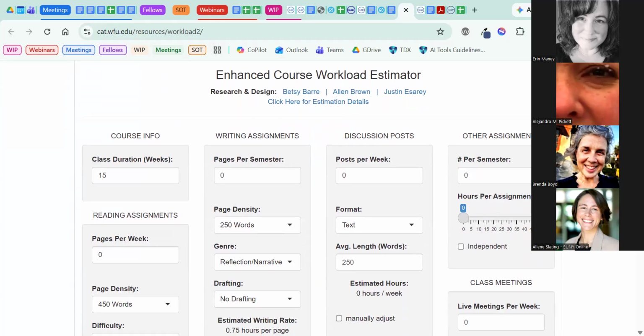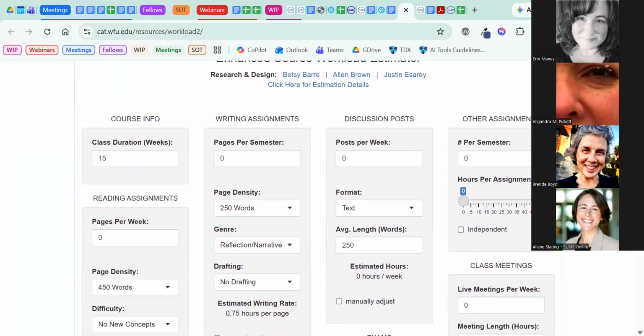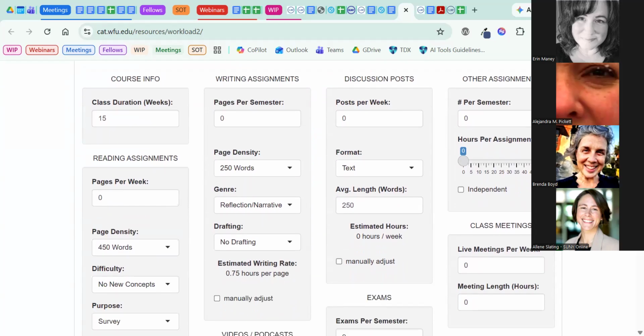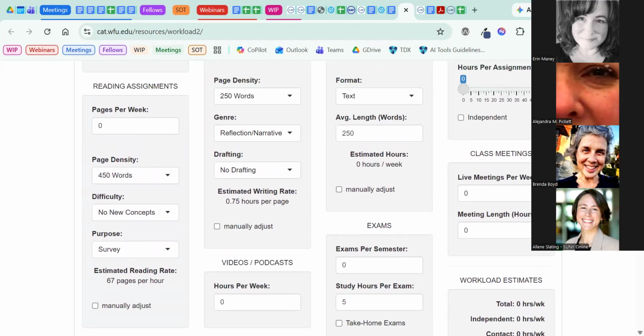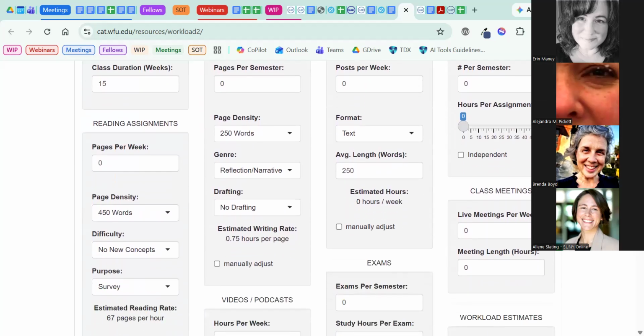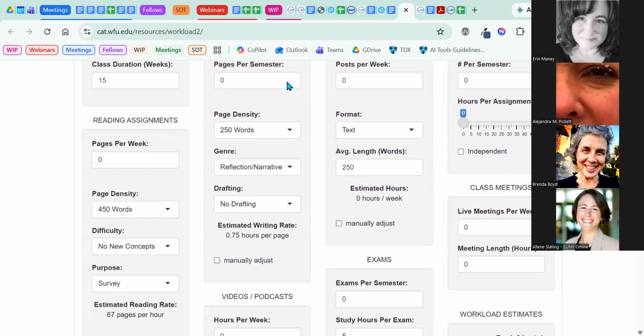And so that course workload estimator, you can plug in numbers and it will generate an estimate of total work hours, independent hours, and contact hours. And you can see, if you start fiddling around with it, how if you manipulate the numbers in any way, you can automatically see the workload estimates change.